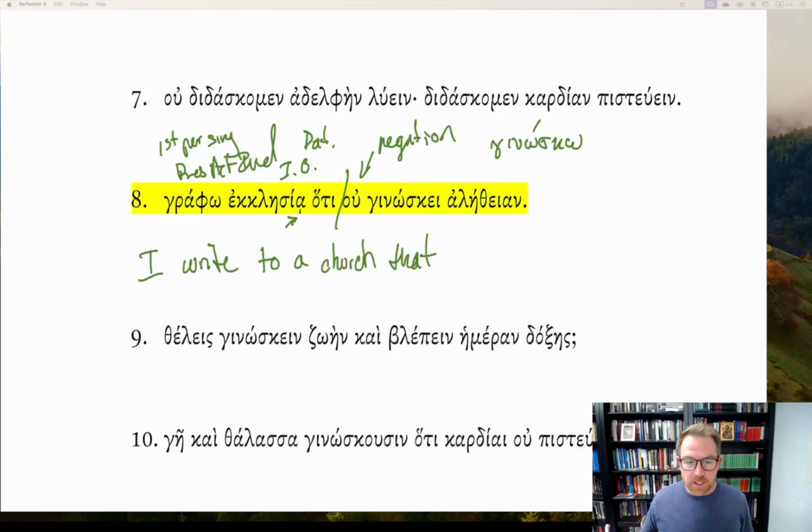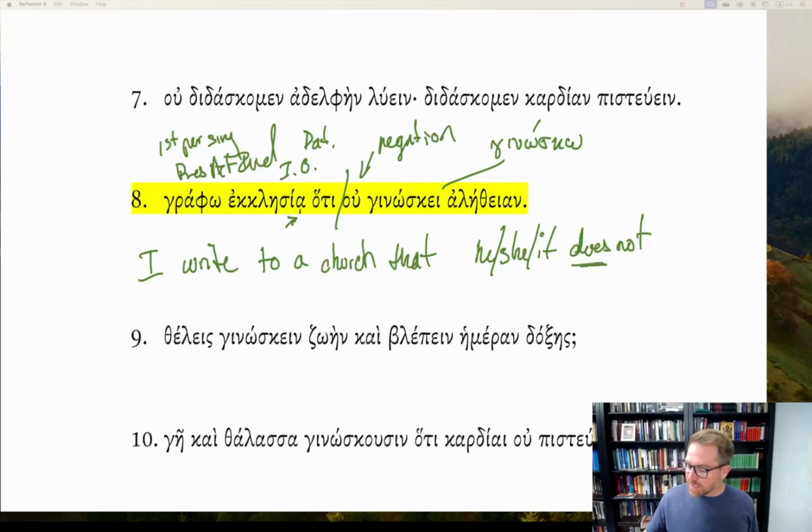So in the ginosko, omen, ete, ousi, ei is that third person singular present active indicative from ginosko. So he, she, or it, for now, we don't know. I write to a church that he, she, or it does not, now I'm adding the does because of the negation, okay? Does not know